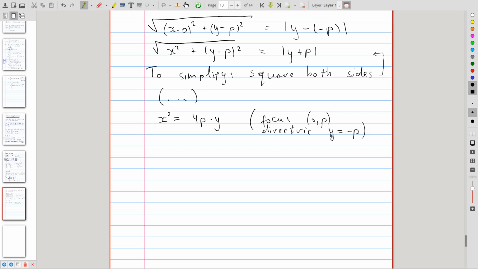And so there are various alternative forms to this equation. For example, the one that you can obtain by interchanging x with y, like so. And so interchanging x and y gives you the following. And this is the standard trick you can apply to all the other curves as well, and we will do so in the future. But right here, interchanging x and y gives you that the equation y squared equals 4p times x is the equation of the parabola